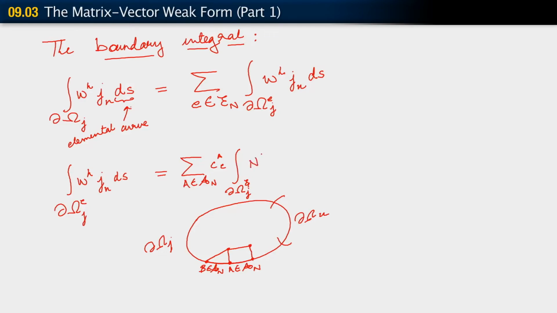Here we would have N_A, j_n, and what we would do is recall for ourselves that if our edge here were this one, partial omega e sub j,